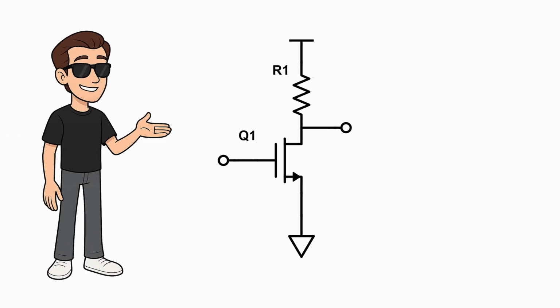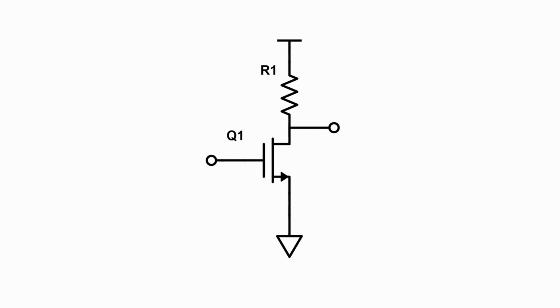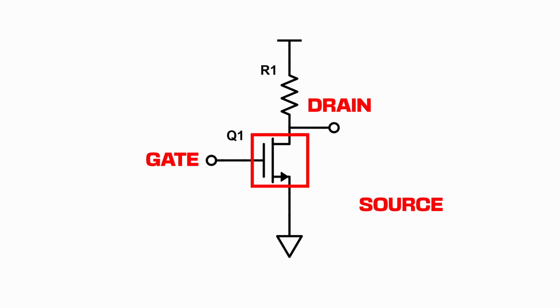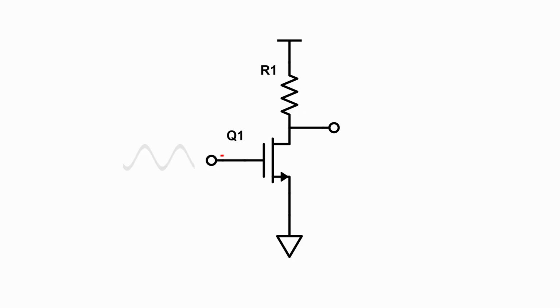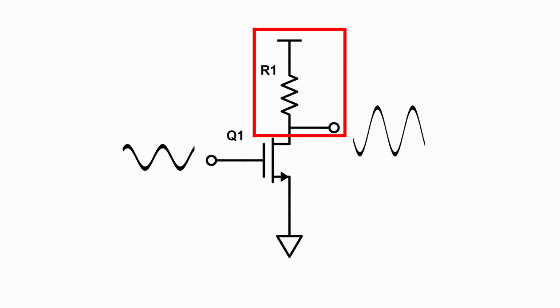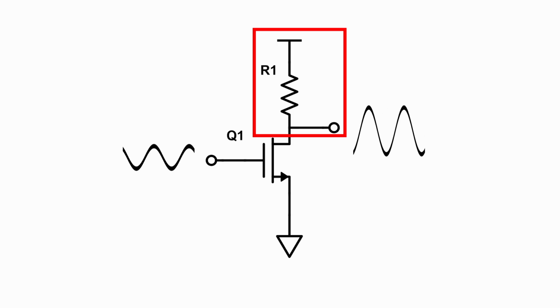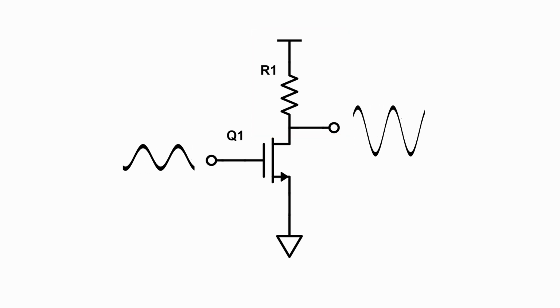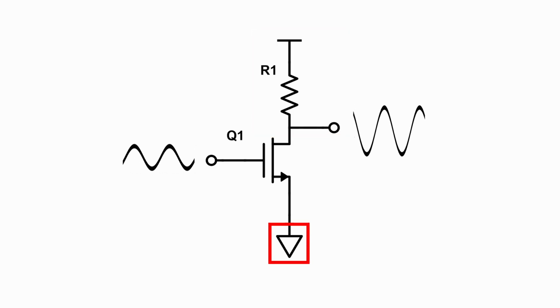Let's talk about the small signal model for a common source amplifier. A common source amplifier without source degeneration is quite simple in design. We use an NMOS transistor which has its gate, drain, and source in the following locations. The input signal is at the gate. The R1 resistor, DC voltage rail, and output are tied to the drain, and our source, which is common, is